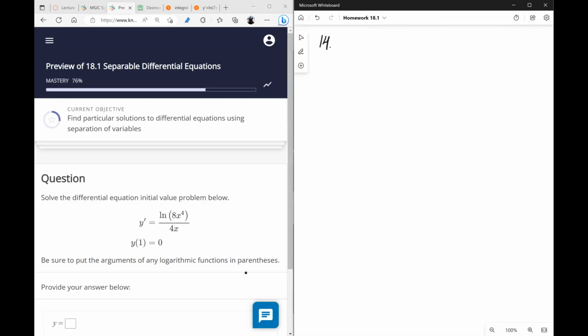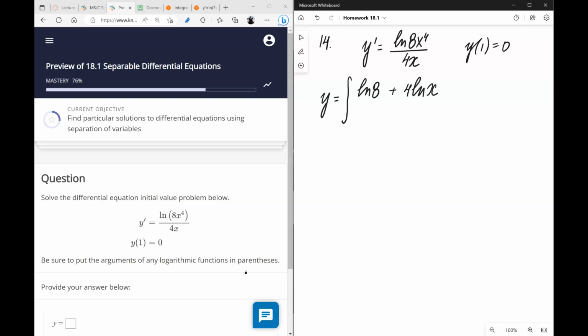Let's do 14, another one of this. So pick your favorite approach and do it. I think the second approach was easier for me, so I'm going to, well, since it's the third time doing it, I'm just going to skip a step here. So let's integrate the right-hand side. And let's simplify it. So we have ln of 8 plus 4 ln of x. That's my numerator. And we're going to divide everything by 4x